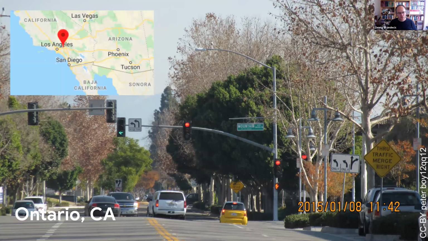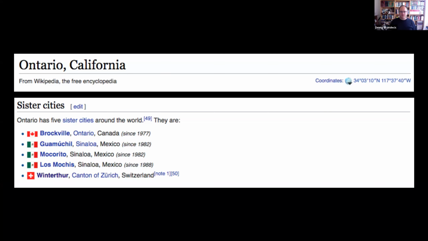The thing is, in around 2006, 2007, someone went to the Ontario, California article and added the list of sister cities here. And one of the sister cities, as it was added, was Winterthur. Now, sister cities are supposed to be reciprocal. So if you're a sister city with one city, the other city should be a sister city with you. But